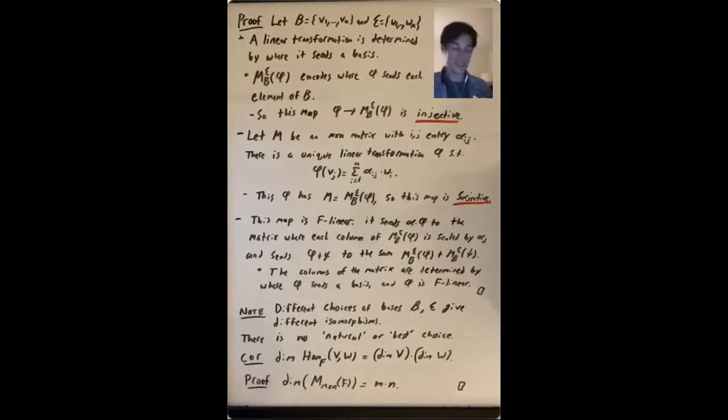One last thing that I'd like to talk about in this video is that this result immediately tells you the dimension of this vector space of linear transformations. Because Hom_F(V, W) is isomorphic to this space of m by n matrices with entries in F, their dimensions have to be the same. And that dimension is the dimension of V times the dimension of W. So what's going on is this space and this space of matrices are isomorphic, so they have the same dimension. And the dimension of the space of matrices is easy to see, is m times